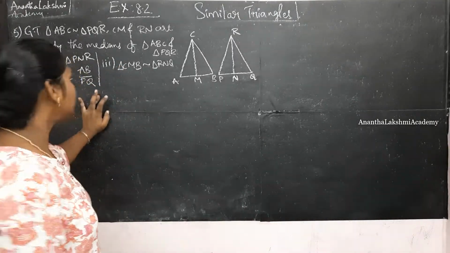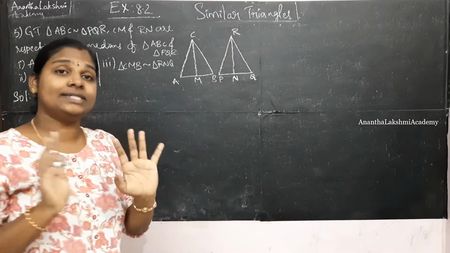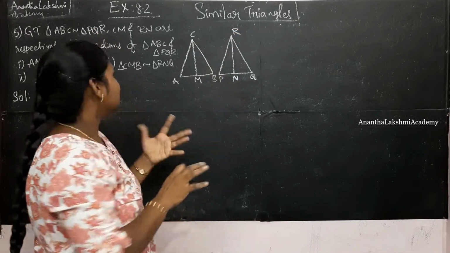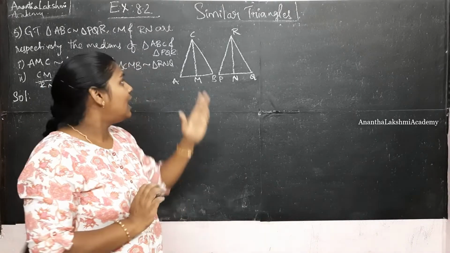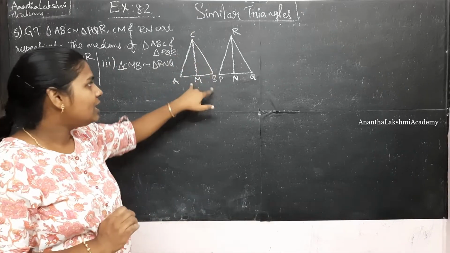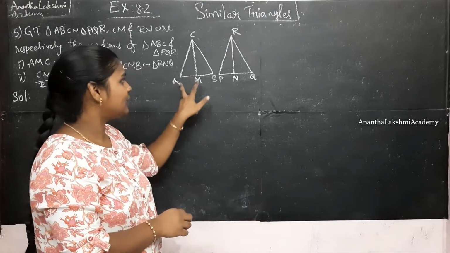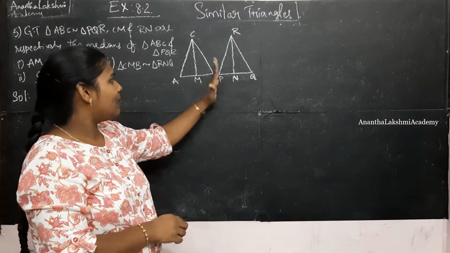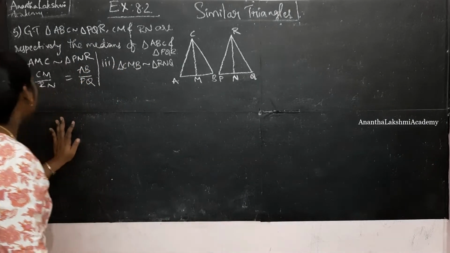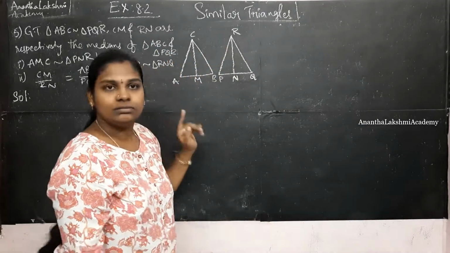So here we have the fifth problem, wherein triangles ABC and PQR are given. Listen to the problem when I am reading it. CM and RN are medians. What is a median? A median is a line drawn from the vertex to the midpoint of the other side. When they say that it is a median, it is given that this is a midpoint, which is nothing but AM equal to MB, half AB is equal to AM, which is also equal to MB. That is what is given. Now they are asking us to prove that triangle AMC and triangle PNR are similar.